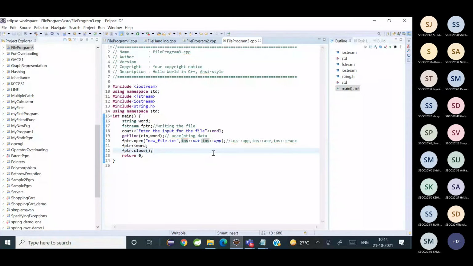Random access file means, instead of reading from the beginning till the end, I set the pointer at a particular location and I read from there or write over there. That is called a random access file. Is it clear? So till now we were doing sequential access. Why? Because we were starting from the beginning of the file. We were reading from the beginning of the file. We were writing from the beginning of the file till you reach the end of the file. So that was a sequential access. What does random access mean? I just said it. What does that mean? Random access.